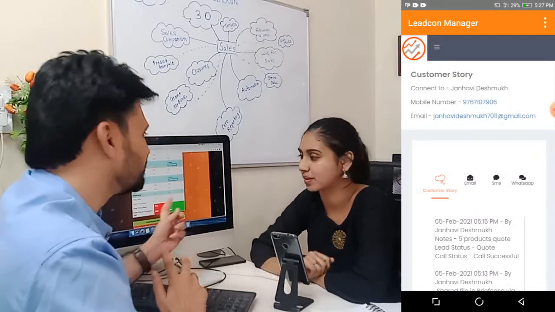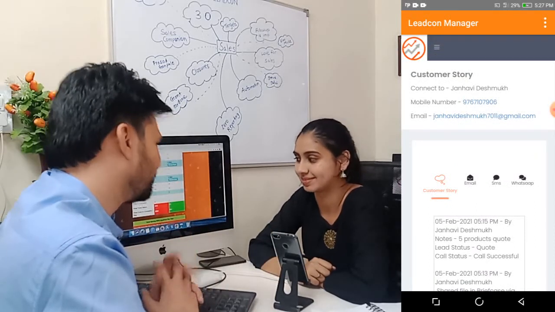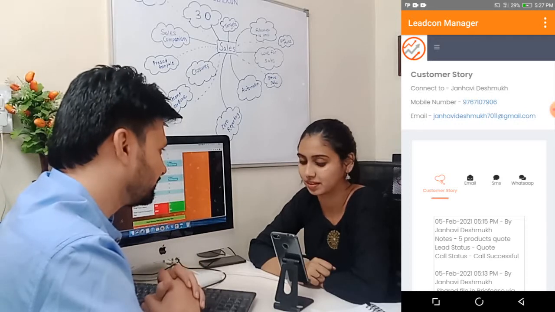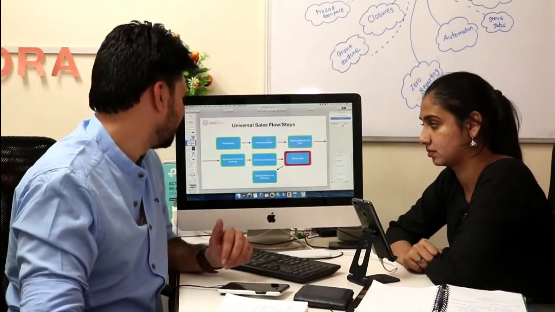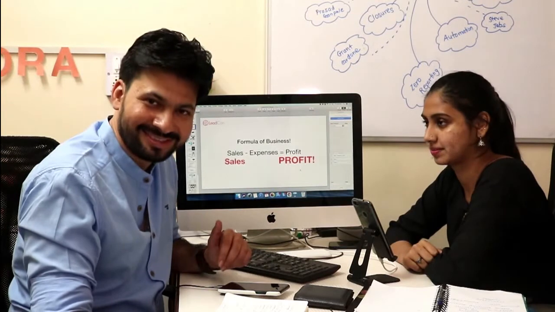And that's why this is a zero reporting system, yet efficient. So the most important factor of LeadCon is that it is designed in such a way that the salesperson should feel empowered to do more sales, to access more customers, to deliver more success stories of sales. Because when he is empowered, when he is able to do more, automatically all that sales adds up to nothing but profit. So this is the demo that we offer to the customer.